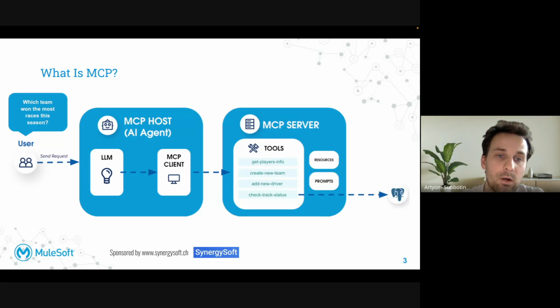So if we're talking about the structure of MCP, or MCP core components, in other words, there are three main core components. The MCP host, the AI application that coordinates and manages one or multiple MCP clients. The MCP client, of course, the second one, a component that maintains a connection to an MCP server and obtains context from the MCP server for the MCP host to use. And of course, the main part, the translation layer or brain, let's say, it's the MCP server.